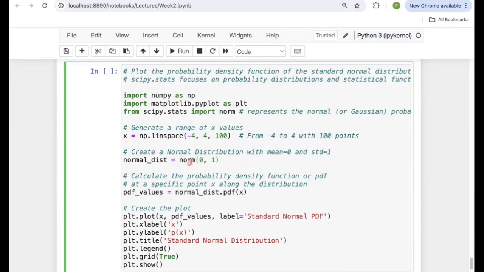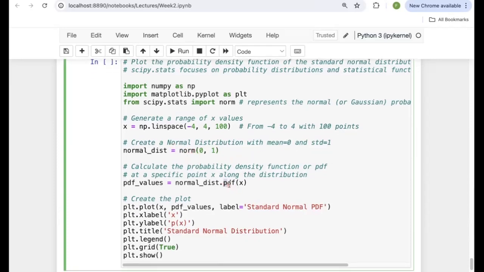And this class also comes with a method called .pdf, which calculates the PDF of a normal distribution. And this way you can find all the PDF values. So you can see that this plt.plot is very simple. You just provide X and Y values. So X are the inputs, -4 to 4, and we have the actual PDF values here. And the rest are some customization